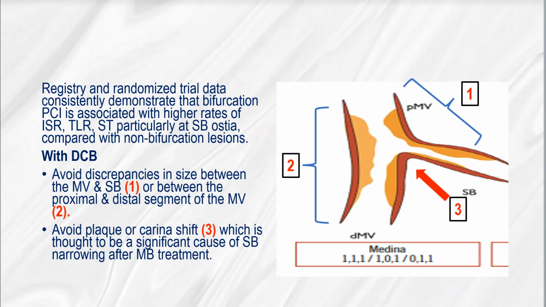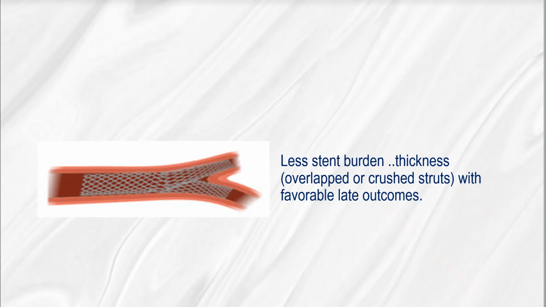With drug-coated balloon in bifurcation lesions, we can avoid discrepancies in size between the main vessel and the side branch, or between the proximal and distal segment of the main vessel. Also avoid plaque or carina shifts, which is thought to be a significant cause of side branch narrowing after main branch treatment. In addition to less stent burden in the form of thickness, either overlapped or crushed stents,